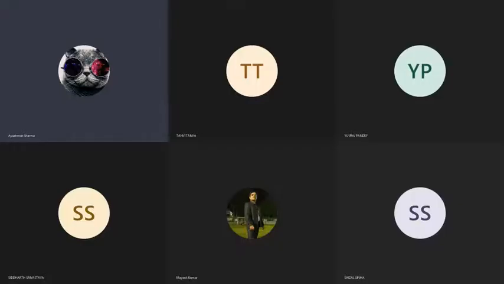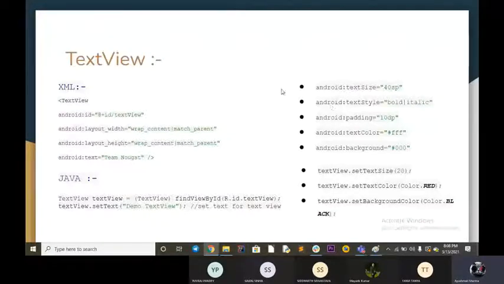And all these attributes, we can give these attributes in Java too. These are written here. Now, if we want to define that same element in Java, we have our XML code and our Java code. What we have to do is bind these two elements to get our whole application. So we have defined the text view here. This is the name of the text view. Now we will be binding this with Java. Here we define a text view variable and we give it findViewById and we write the ID of that particular text view.